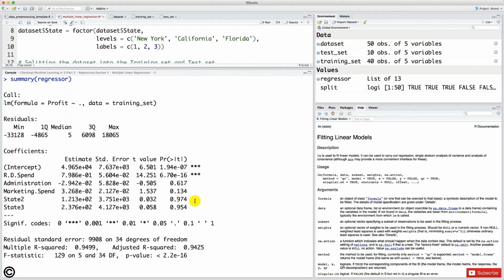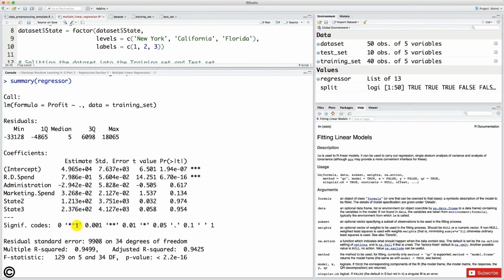And then we have this last column, which is just a faster way of interpreting the coefficients. Because as you can see, we have this line here that explains the stars. Basically what the stars mean is that when the p-value is between 0 and 0.1%, there's going to be 3 stars, which means a highly statistical significance of your independent variable. If the p-value is between 0.1% and 1%, then it's a quite high level of statistical significance. Then if your p-value is between 1% and 5%, then the independent variable is still statistically significant, but will have a less strong effect